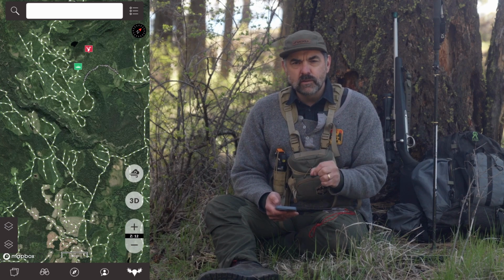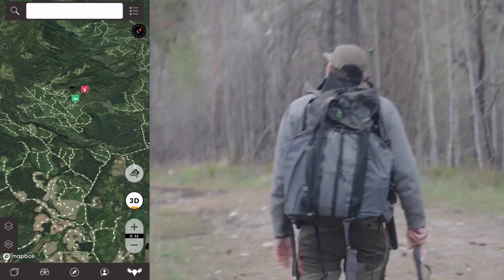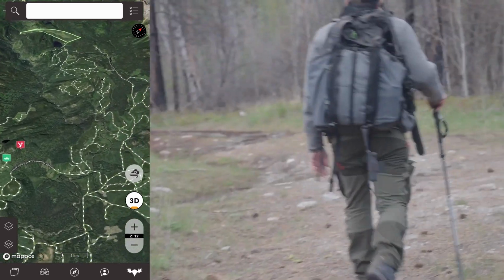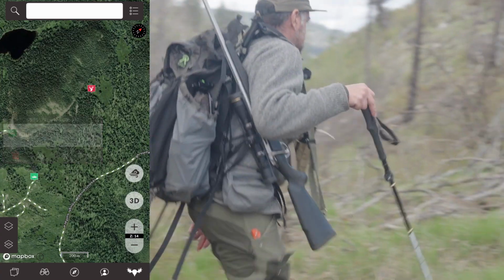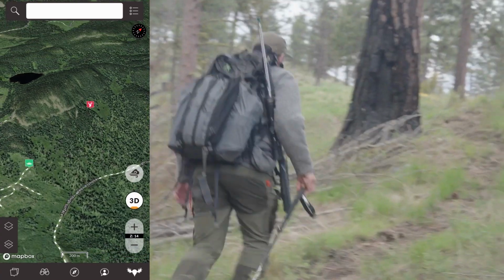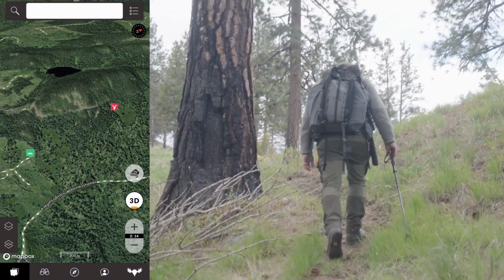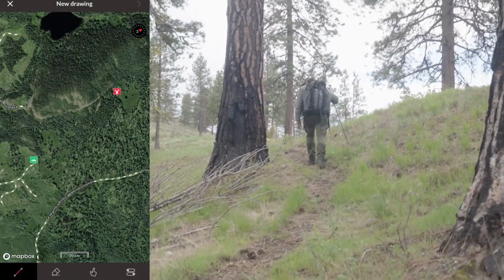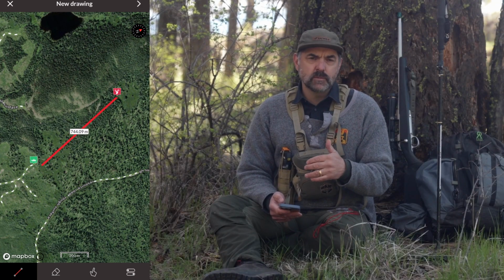This is a relatively new feature that shows where there is existing trails through the forest that have been mapped out. This is a great tool because it helps me identify where I can hike into an area more efficiently. It certainly helps me plan my hunts in a good way to just know where the density of trails are, and also often I'll be planning my hunt so I'm getting well away from those access points, those trails and